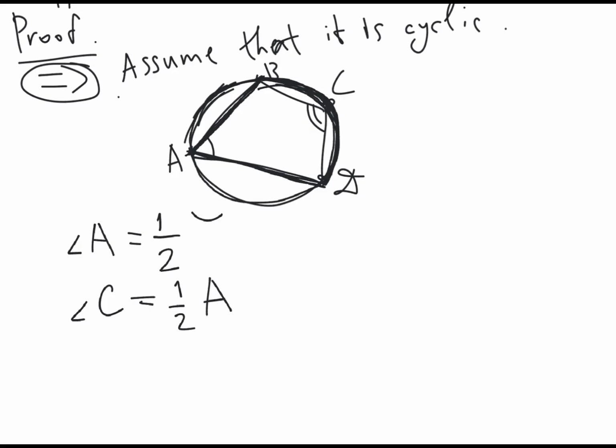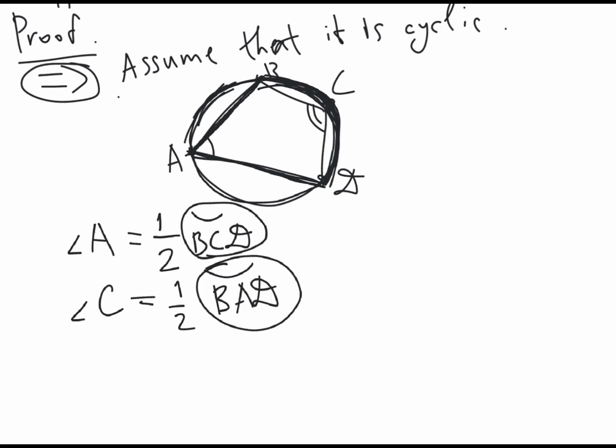So this is the arc BCD, and here would be the arc BAD. But we notice that when we bring these two arcs together, they form the full circle. The sum of these two arcs is